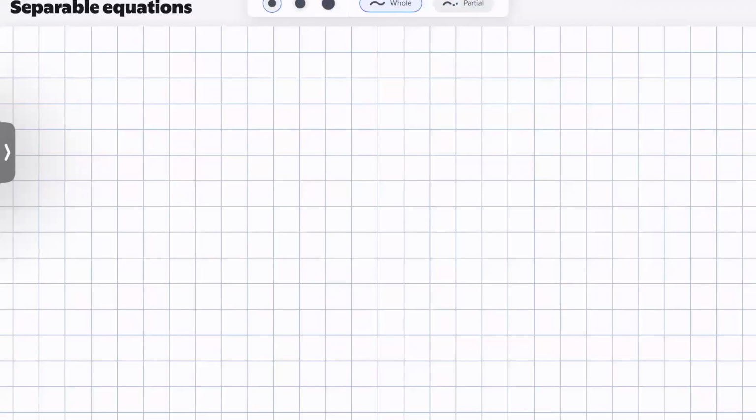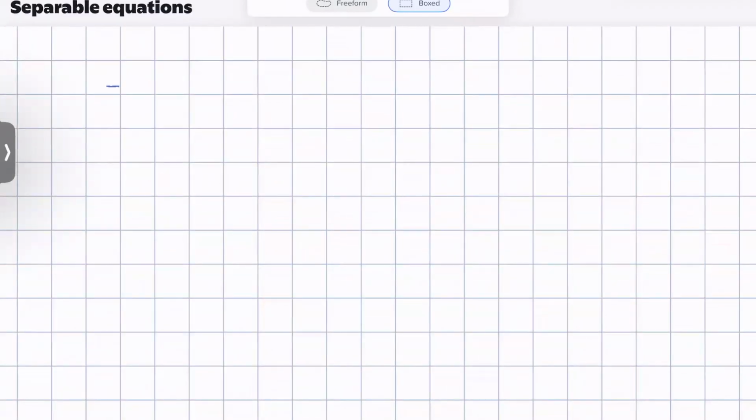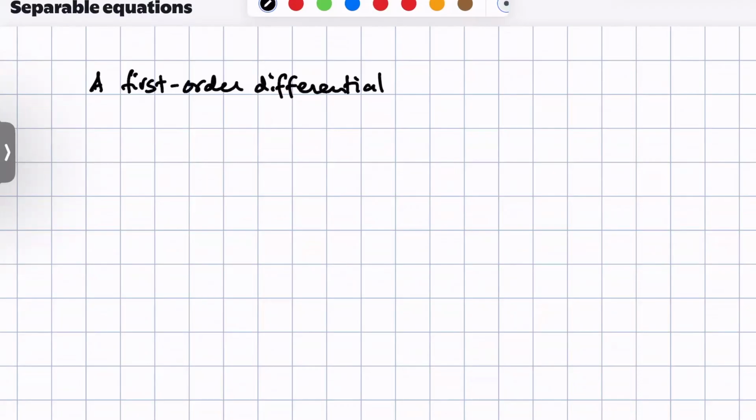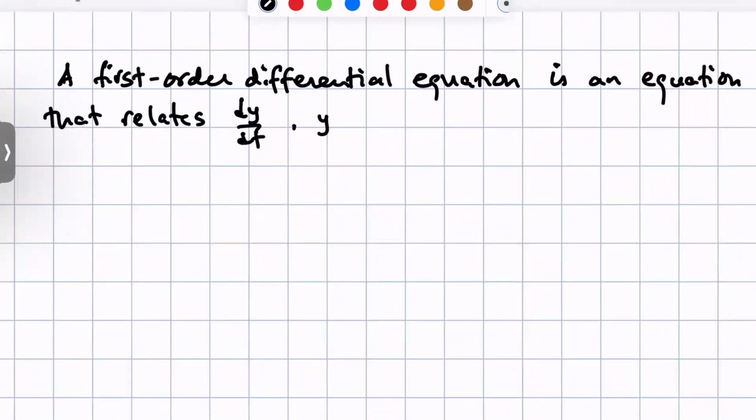In this video, we'll talk about differential equations, first-order differential equations that are separable. So let's just recall that a first-order differential equation is an equation that relates a derivative of a function with respect to a variable, the function itself, and the independent